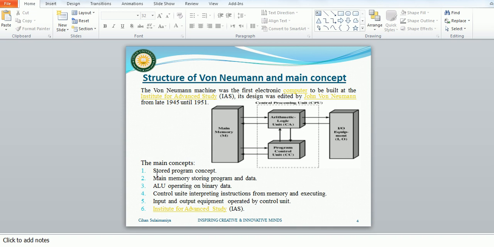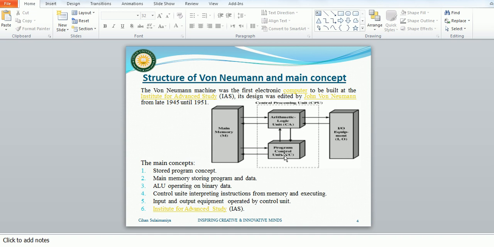So see here, this is the stored program concept. The main memory is storing program and data. Then you have the arithmetic logic unit, operating on binary data, of course. So I'm going to use binary data. Then you have a control unit. This is the control unit,